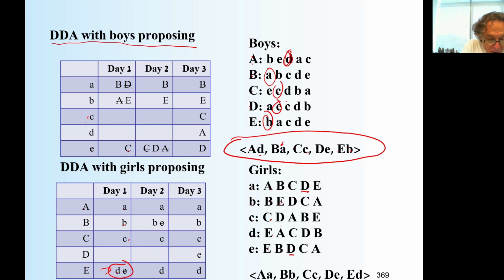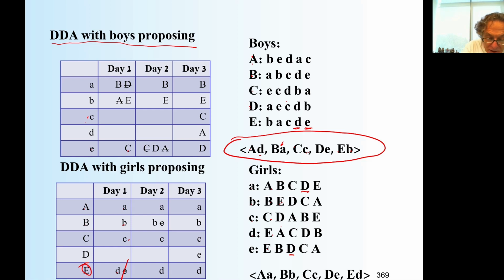So the first 4, A, B, C, D, cannot do anything. They're just waiting. Boy E, who got 2 girls, D and E, needs to compare what he prefers more. D or E? He prefers D over E, so he will get rid of E. He tells E, I reject you, and tells D, you meanwhile stay. Maybe you'll stay forever, but maybe not if I get something better down the road.